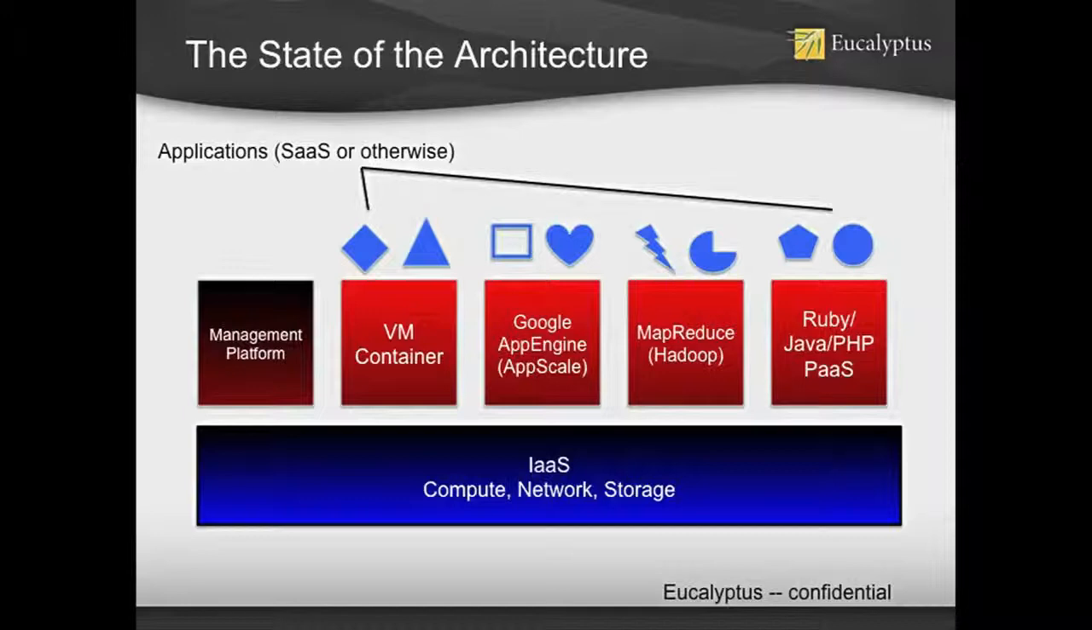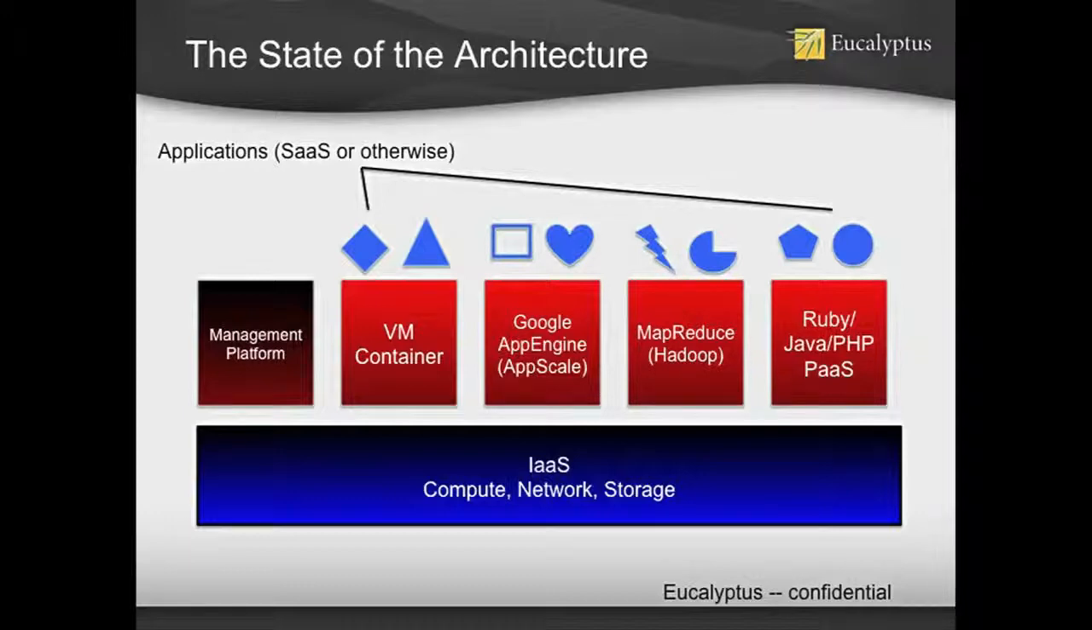So Google App Engine, this is a platform for running Python and Java, right? It has special bindings for Bigtable. It runs essentially on an infrastructure as a service mechanism, and there's an open source version of this called AppScale, which runs on our platform. MapReduce,